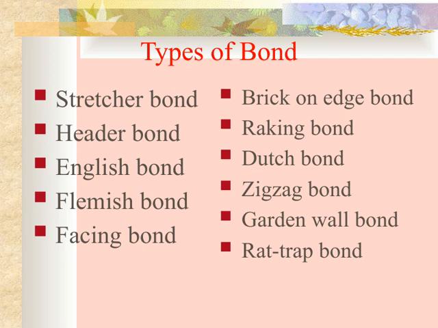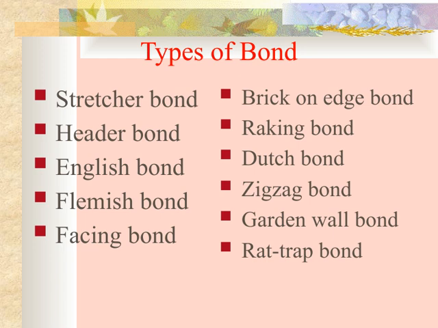First, we have the stretcher bond, which is one of the most common and simplest types, where bricks are laid lengthwise with each row offset by half a brick. This creates a strong and visually appealing pattern. Next is the header bond, where bricks are laid with the short end facing out, providing a different aesthetic and structural benefit. Moving on, the English bond combines stretcher and header courses in an alternating pattern, offering both strength and